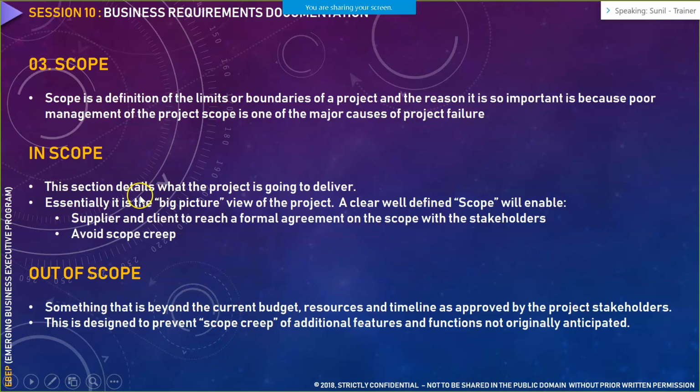So you have to list down in the business requirement document what is the scope of the project, what is your scope as a vendor company, and what is out of scope for you as a vendor company. Now, why do we define in scope and out of scope right here?